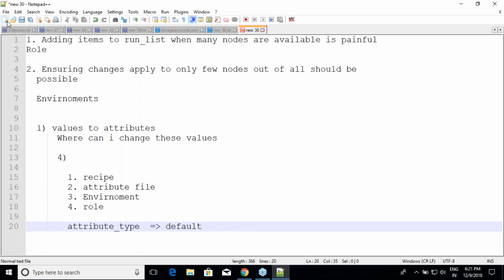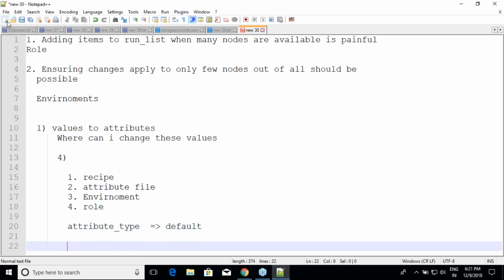So there are approximately 4 to 5 places, 4 to 5 attribute types, and 4 to 5 places where you can define attributes. Now, if you have these many combinations, it will be difficult. Yes or no?